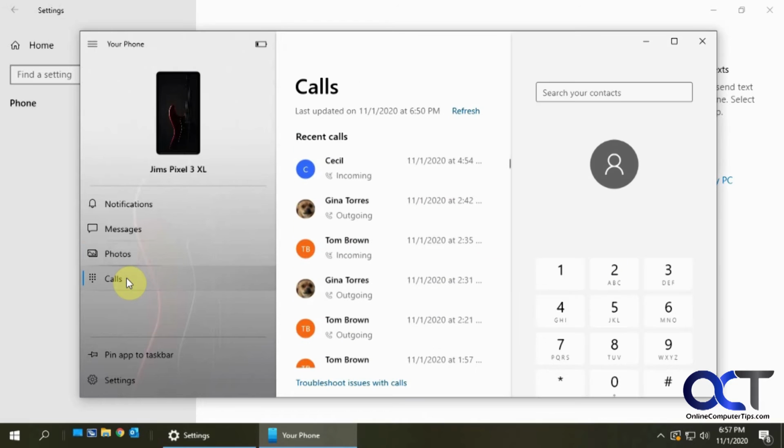And then finally, you have the calls section, where it'll show you your incoming and outgoing calls, recent, and then you can search your contacts, and you could actually dial a phone number here if you have your Bluetooth configured, and make phone calls to your computer, assuming you have a microphone or some kind of headset where you could actually talk through it. And then real quick in the settings,